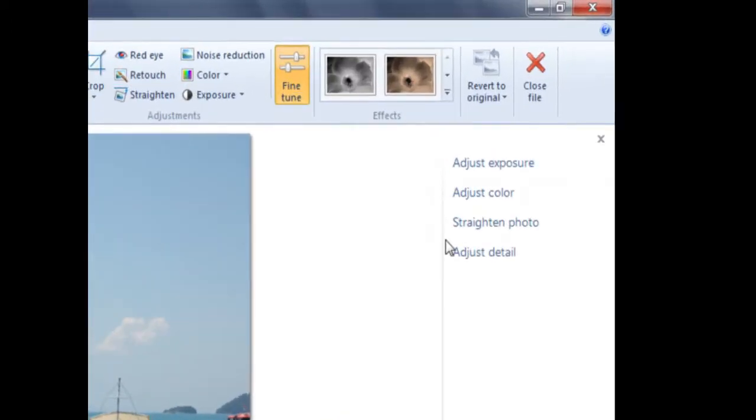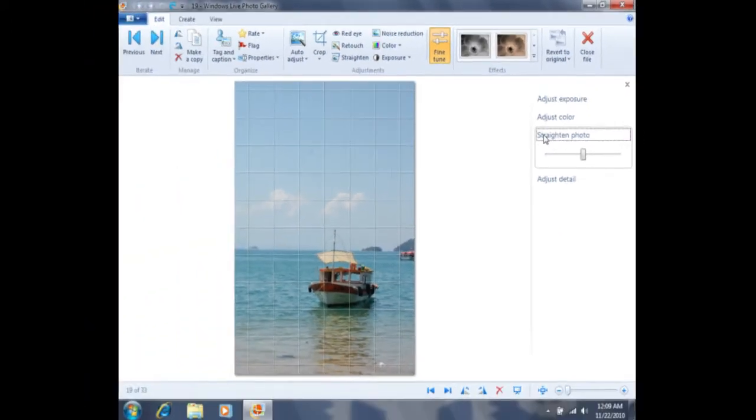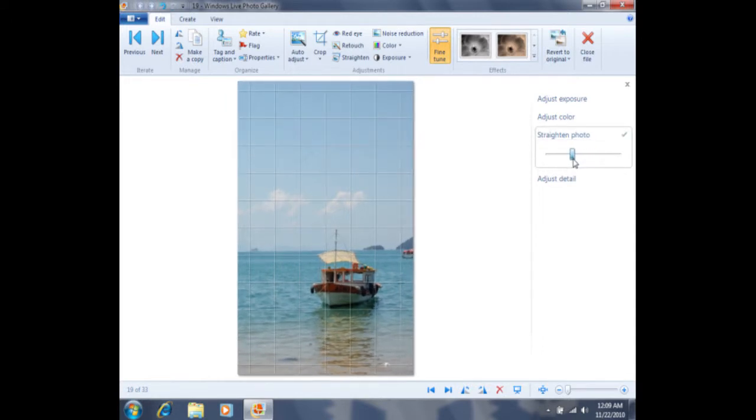First, I'm going to click on Straighten Photo, and then I'm going to manually straighten it by taking this slider bar a little bit to the left. Then I'm going to close the Straighten Photo menu by clicking on the word Straighten Photo. Now I'm going to crop this photo, so I'll click on the word Crop,